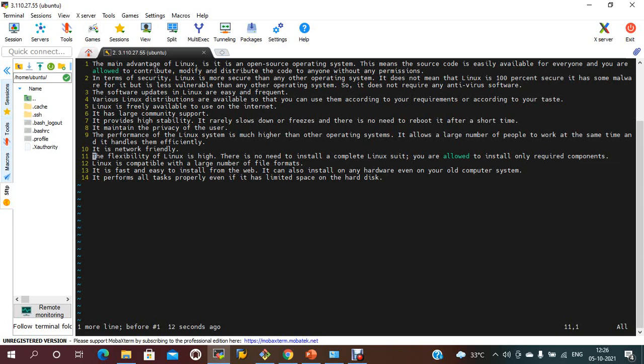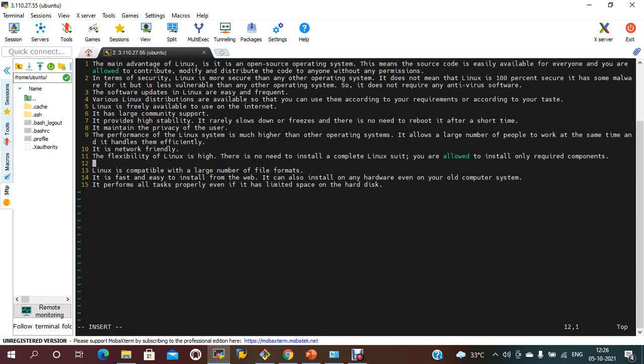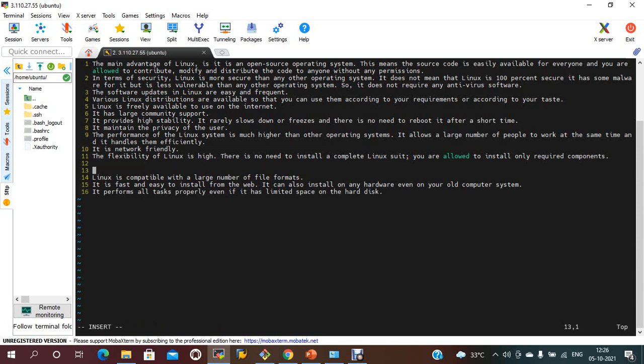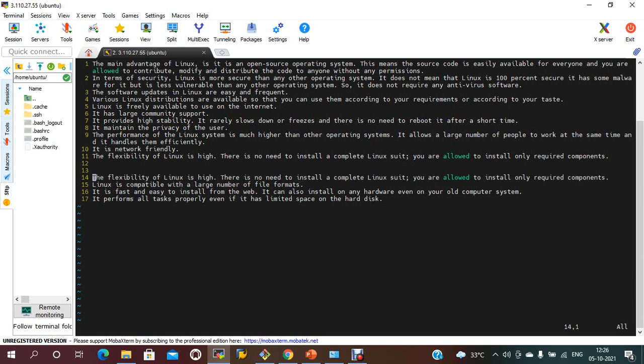If you want to copy a line, the command is YY. If you press YY and then O, the cursor goes down; press Escape once more to return to command mode. To paste what you copied with YY, just give the P command, and the same line will be pasted.